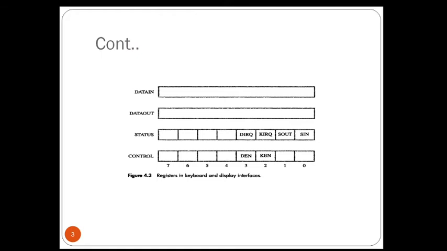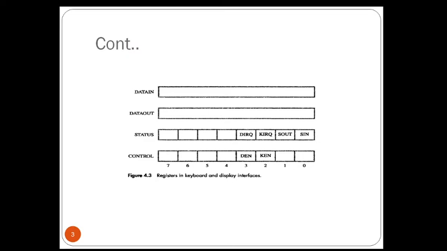Then we have the KEN and DEN bits in the control register, which are used for the keyboard and the display.